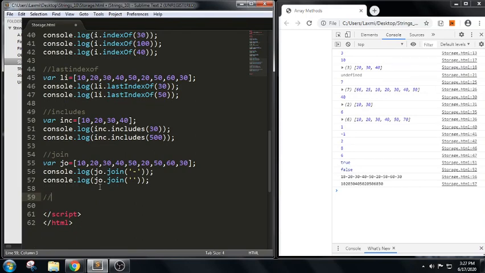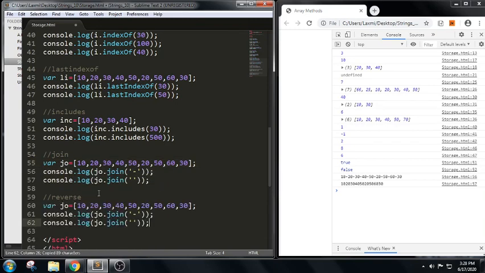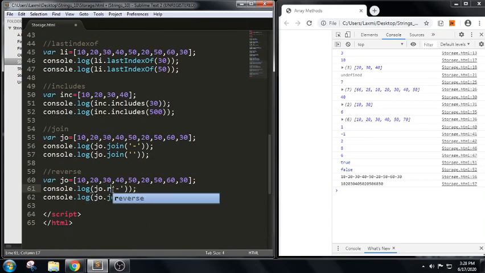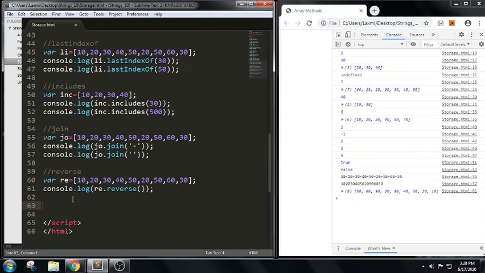Next one, we will look into reverse. For example, we have the same array here. I'm trying to use a reverse method. We have already done a program for performing the reverse of an array's elements without using predefined methods. In this I'm trying to write reverse here. Let us see the snippet. We got 30, 60, 50, 20, yes, it is going fine. So reverse is always used to perform this operation.